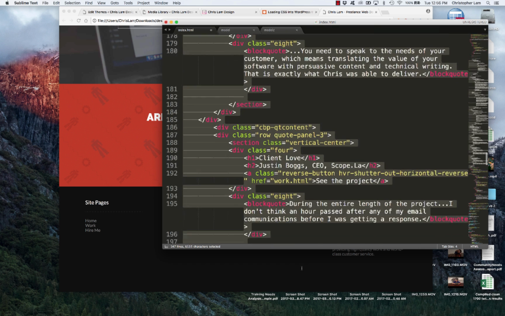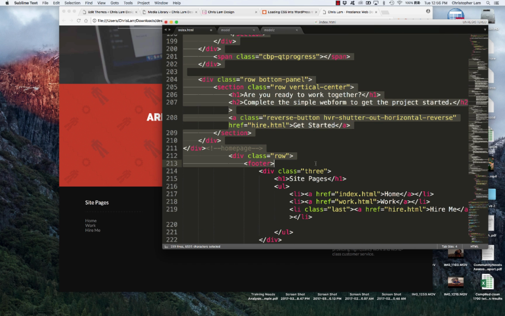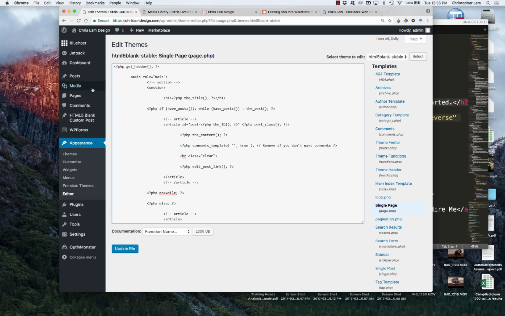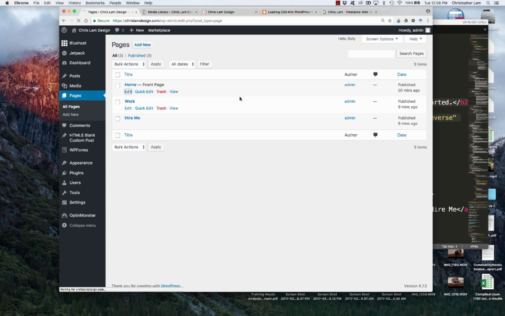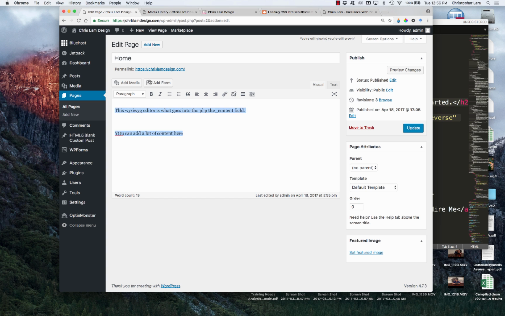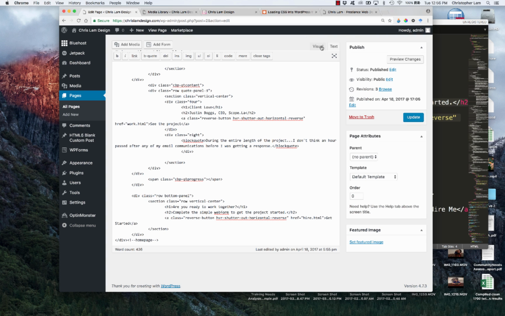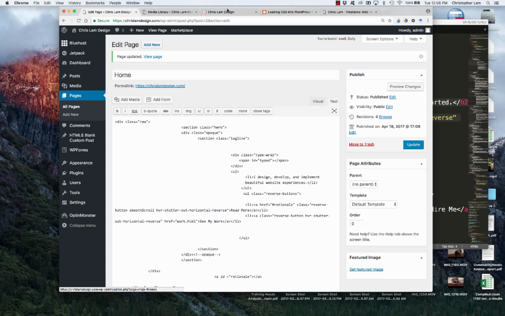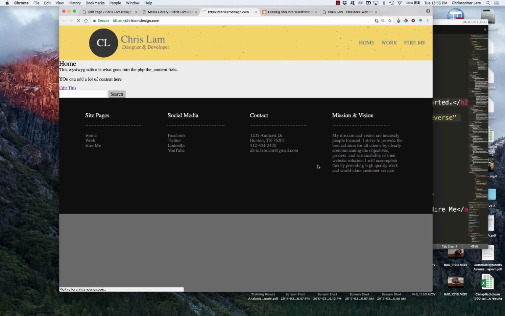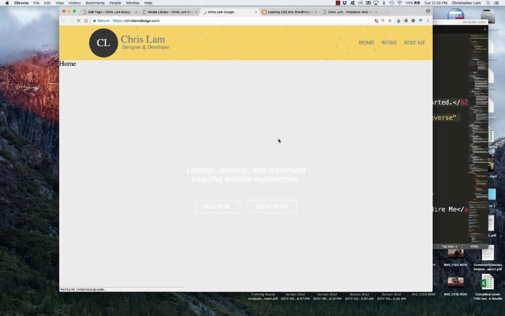Where's footer? Right there. Copy it. And I could go into our page, delete this, go into our text view, which allows for code, paste all of this code in there, hit update,